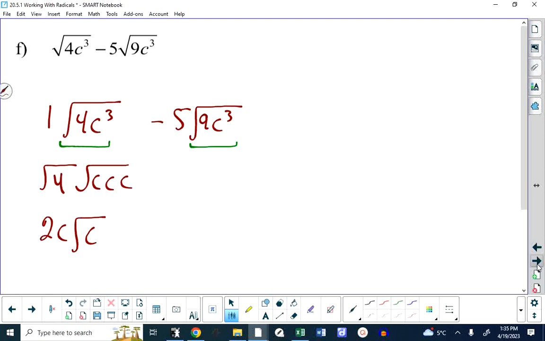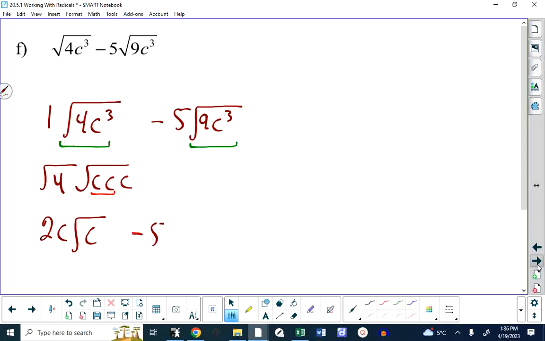And I have a pair of c's inside that I remove, leaving the one lone c inside. And those two c's that go out end up turning into 1, because the square root of c times c is c. Okay, minus,